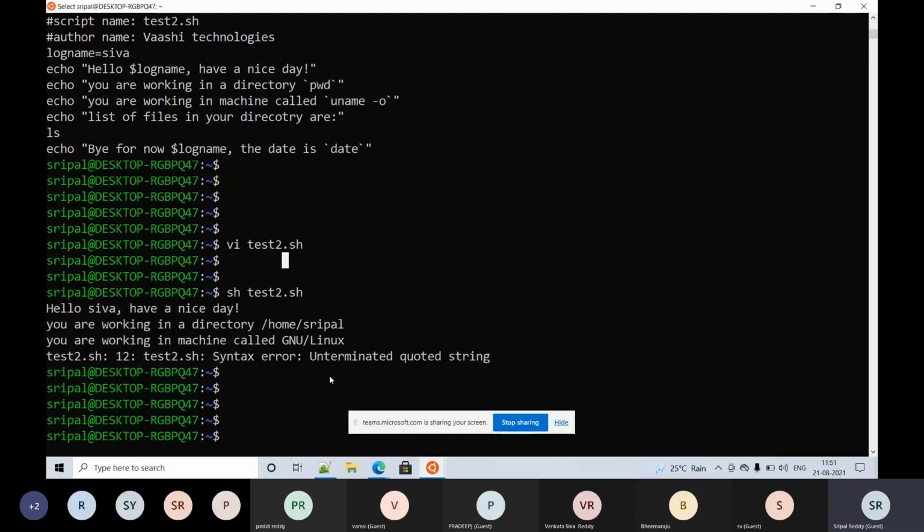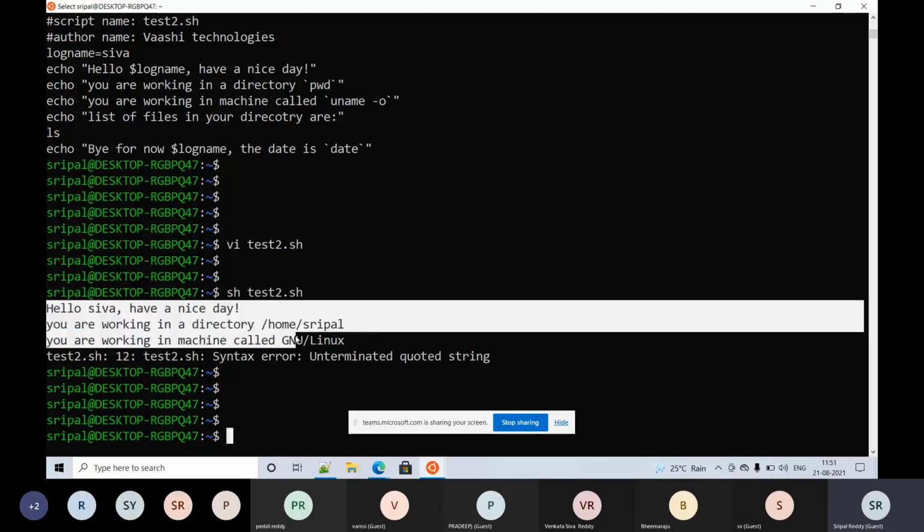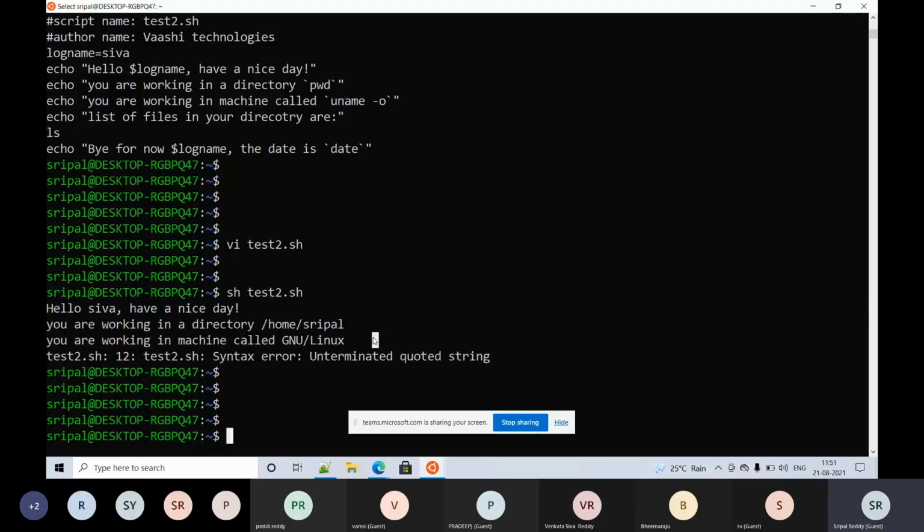So I'll write the script, execute it, and put it in an automated way to execute after every user logs into the system. Let's say there is a user called Siva who is logging into the system. So he will be greeted like this. This is an automated task that has been enabled to greet and pass certain instructions or warnings to the user who is logging in. It's an automation, right? Such automations can be administered using a shell script.